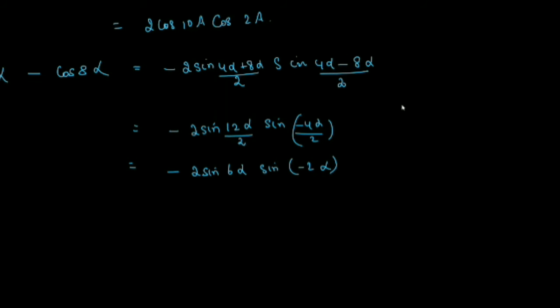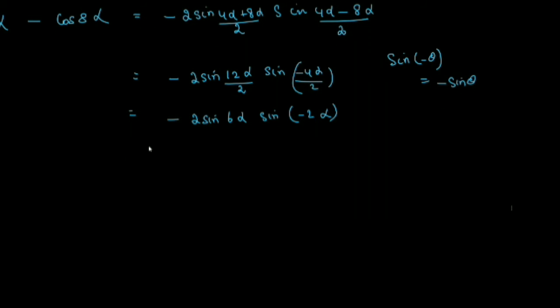Now sine is an odd function. What is sine of minus theta? Minus sine theta. It's an odd function. So already one minus is there, and this minus also you can write, so it will become plus. Sine of minus theta is minus. So that is 2 times sine 6 alpha sine 2 alpha. This minus we have taken. So for cos you can ignore that minus sign. Sine and the other ratios, cosecant, tan, cot, you have to take it out.